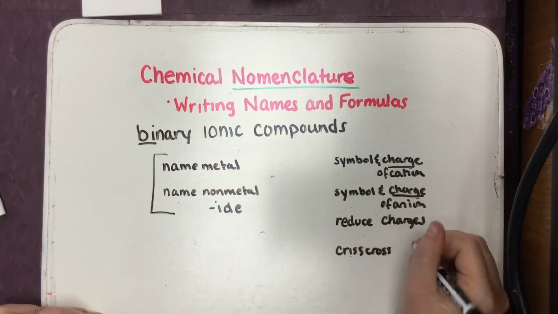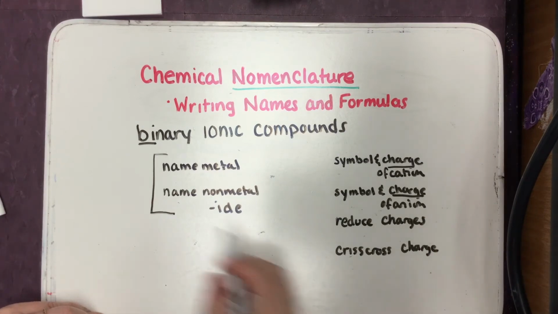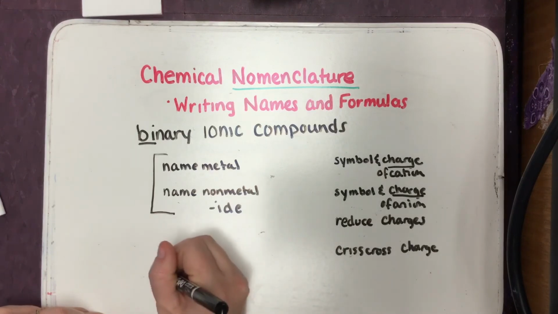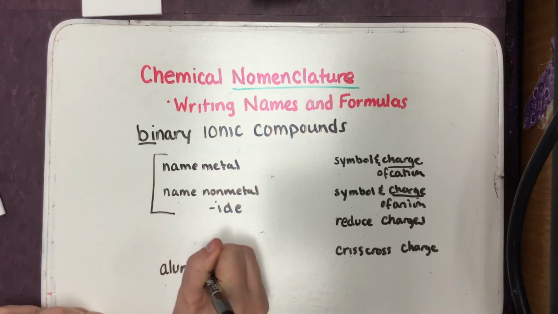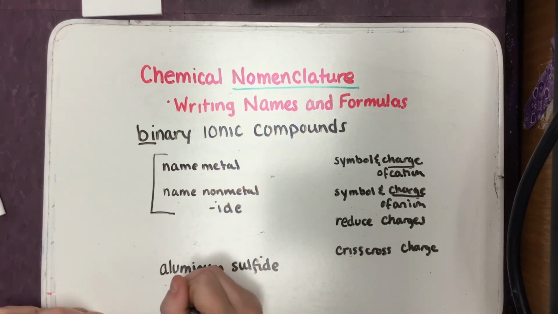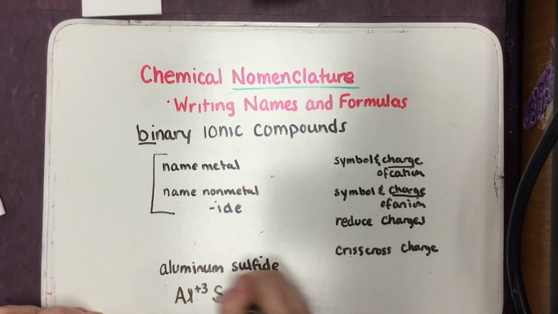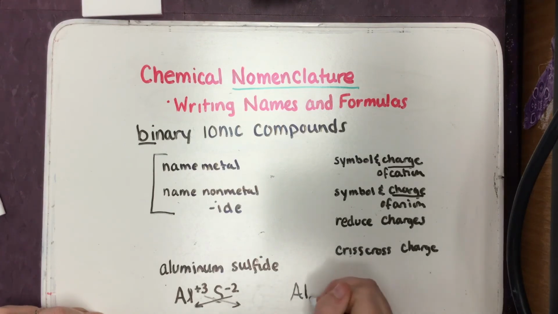And remember, crisscross just means that you switch the element that they're associated with. So let's say that we are given the name aluminum sulfide. We look up aluminum, and since it's in group 13, we say it has a charge of +3. We look up sulfur, and since it's in group 16, we know it has a charge of -2. 3 and 2 cannot be reduced because they're not both divisible by the same thing, so we just crisscross by switching the element it's associated with. Our final answer would be